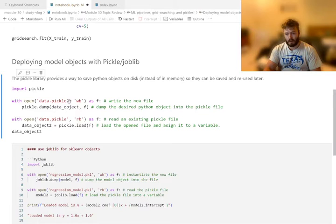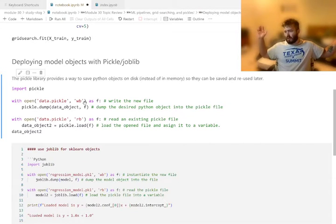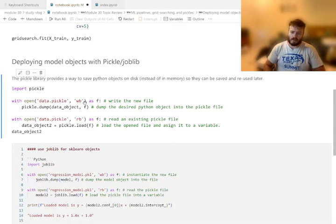And then, as a second parameter that you're passing in, you're passing in exactly what you want to do. So the W stands for write and the B stands for binary. So we're writing something in binary, basically, is what that's saying. So if you have a string and you want to save it as a pickle file, then you could just do,